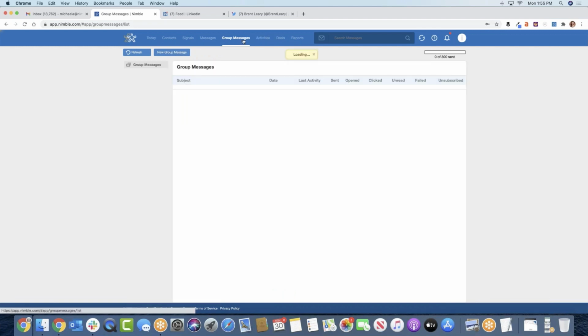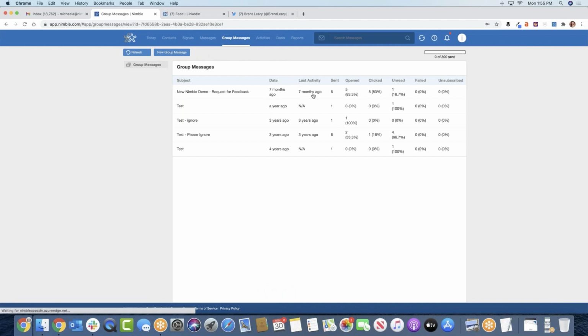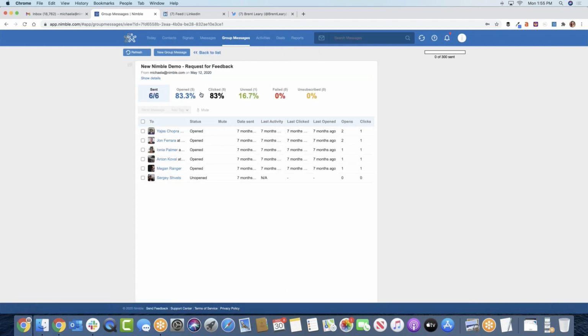And then you will be able to see the clicks and open rates in our settings here when you click on group messages again. So you see how many people opened, how many people clicked. We also tell you, if you include a link in the email, we'll show you who clicked, and if so, how many times. And that goes for the opens as well. So if somebody goes back to the email and opens it during the week, you can also set up notifications, and it can even pop up on your desktop, so you can take care of it immediately.